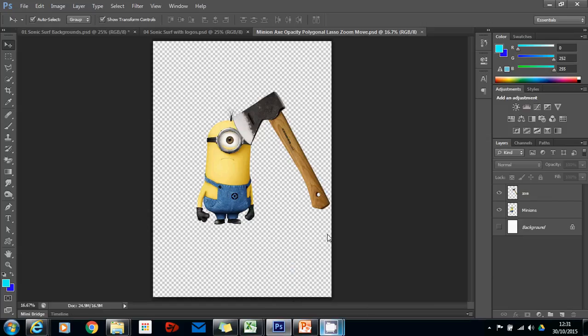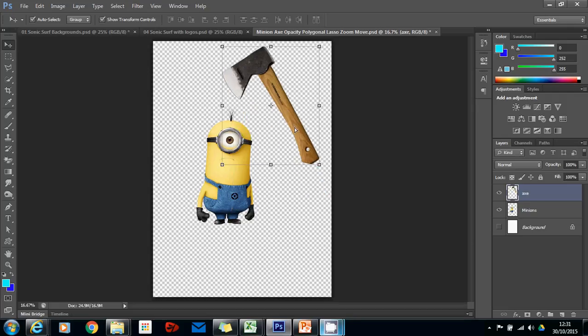Okay, we're going to sidetrack for a little bit, just for a second, because here we have two images that I wanted to work together for a main character on another game. And these two images are a little bit more complicated in how to work together. Now, as you can see, this minion clearly looks like he needs the axe in his hand. He looks quite upset about it, in fact. So what we need to do is figure a way of making it look like he's holding